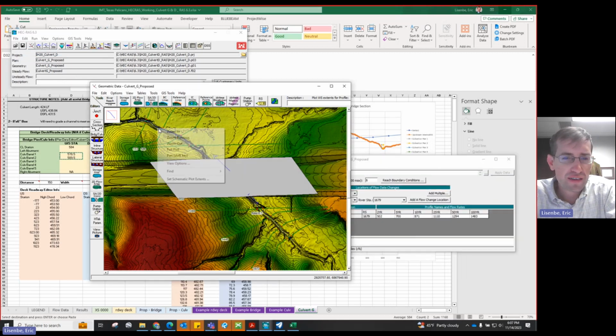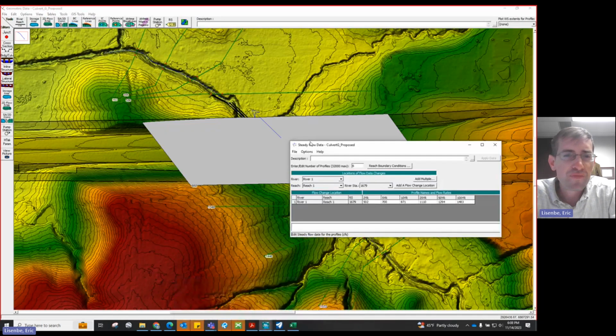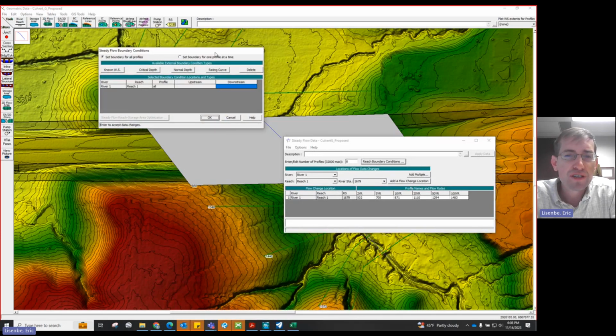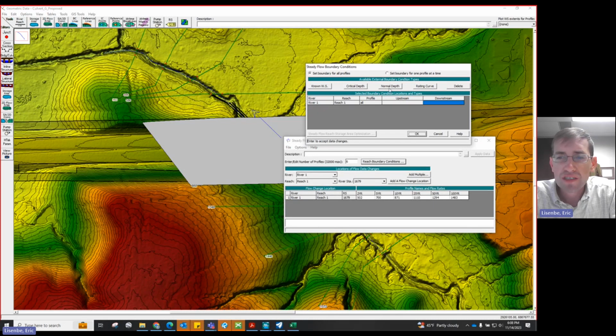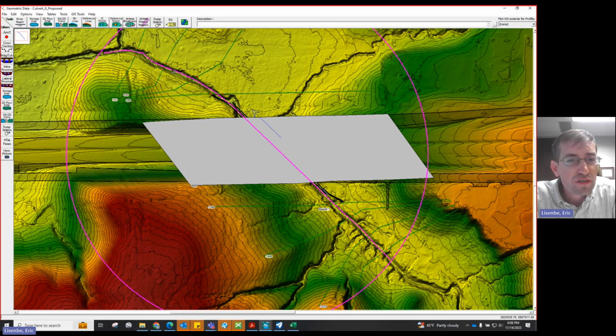One thing I haven't done yet, and in case you're not aware of this trick, I will show you for this video. We need to set some reach boundary conditions for the flows. Normally we do normal depth in most models. So I'm going to go ahead and hit that. And if you just keep your geometric data open, I want to get the approximate slope of this channel downstream. Hold down control and click here. Actually, I'm going to click out of that, click here, hold down control, and you get the measure tool. I'm going to click somewhere in the stream